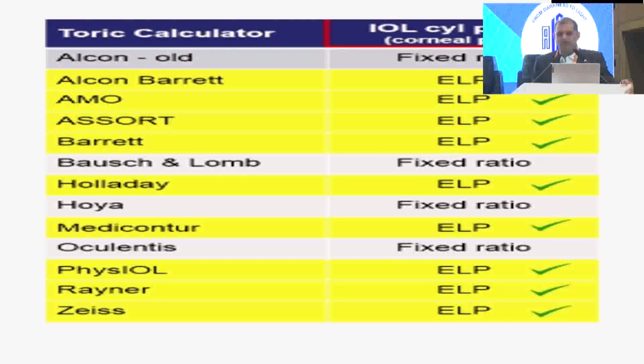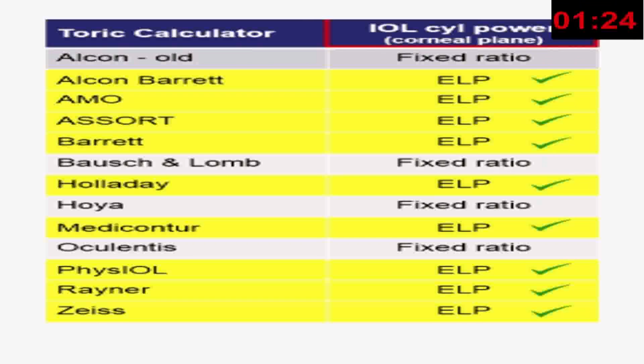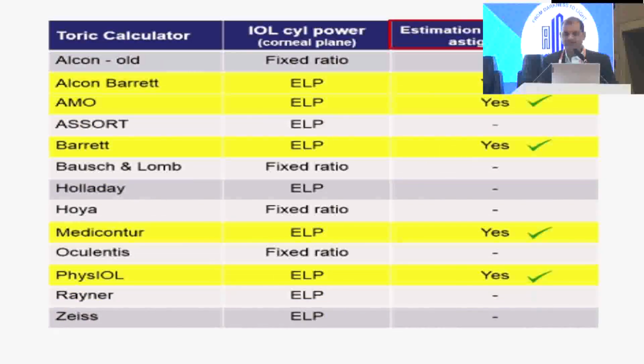Like the Haigis-Lomb and OIA calculators, they have a fixed ratio. So when you are operating on a patient using OIA or Haigis-Lomb, there are high chances of error when there are extremes of the eyes. So when you go for toric implantation in high myopia or high hyperopia, be careful with this. And a few calculators also consider the net corneal astigmatism part